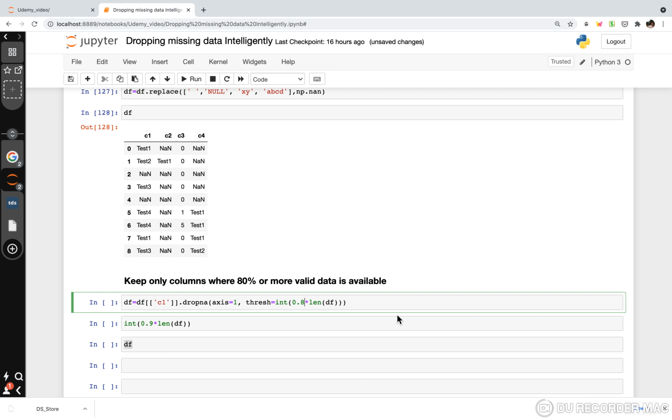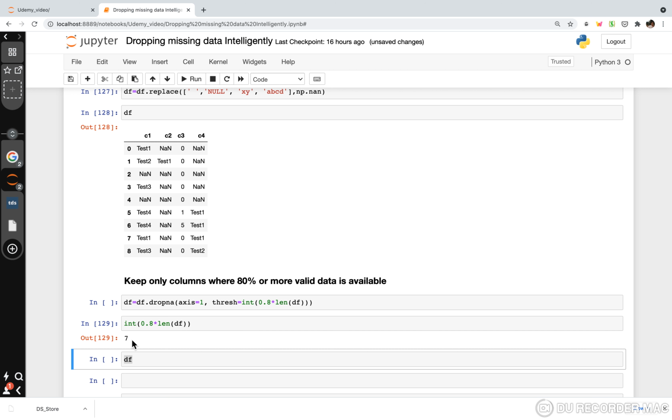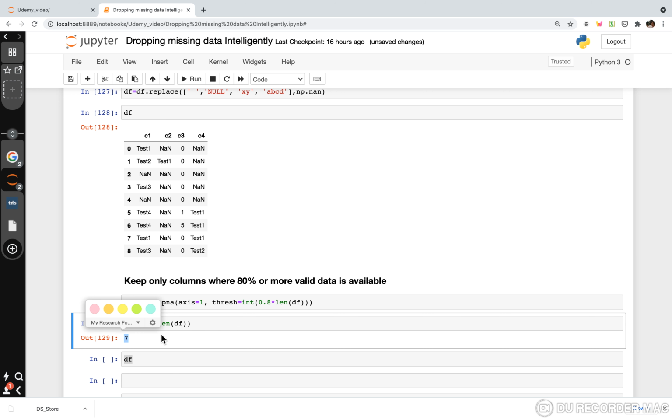So I'm running it on the complete data set here. Let's first run this one and see. What it is saying is that if a particular column has, for example, more than 7 valid values, then keep it, otherwise delete it.